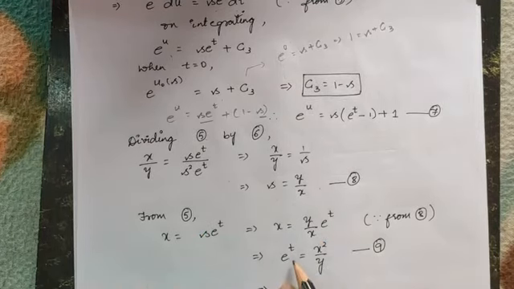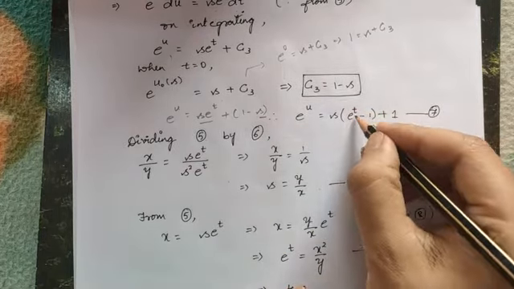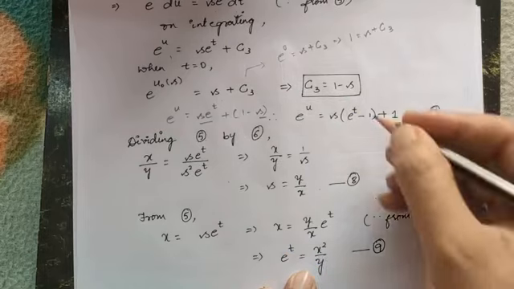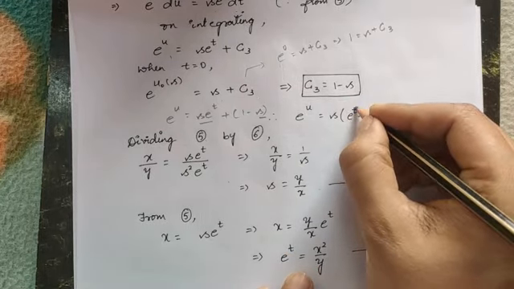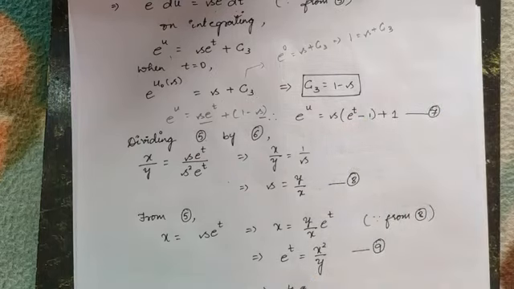From this we can write what is e power t, right? E power t is nothing but x square by y. In this solution, I have e power t. So you need not find out what is t. If you find out the value of t, you will get it in terms of log. Again you will write e power log of x square by y; exponential and logarithm get cancelled. You will get x square by y itself.